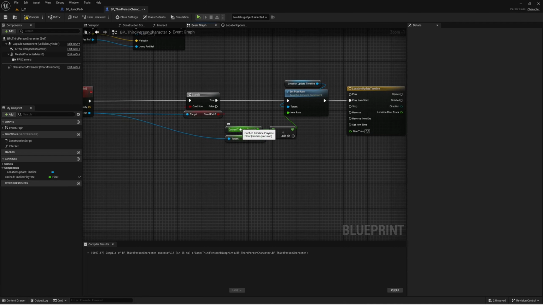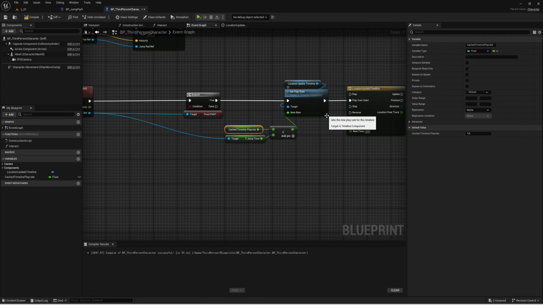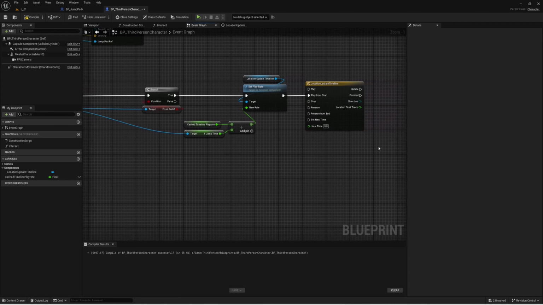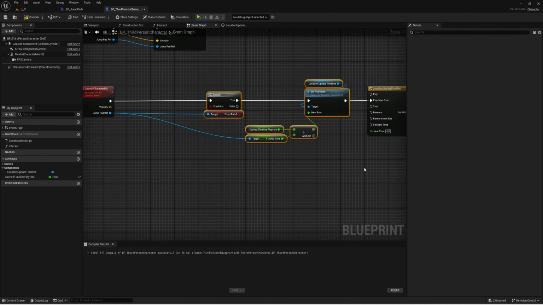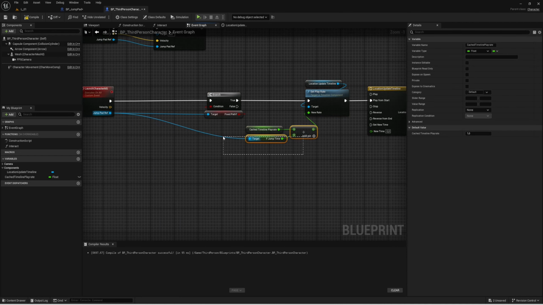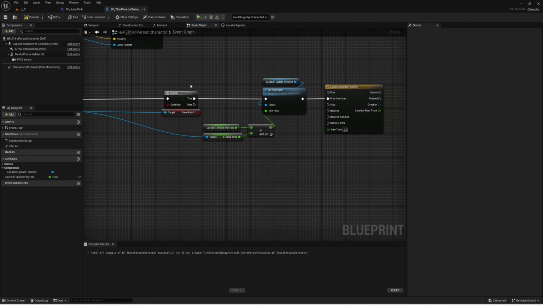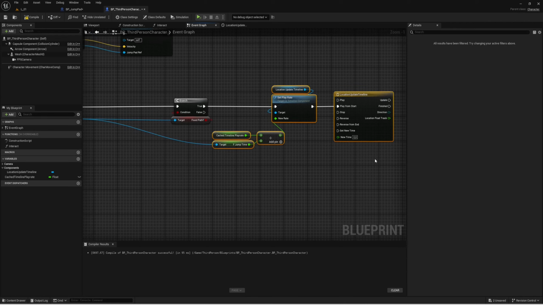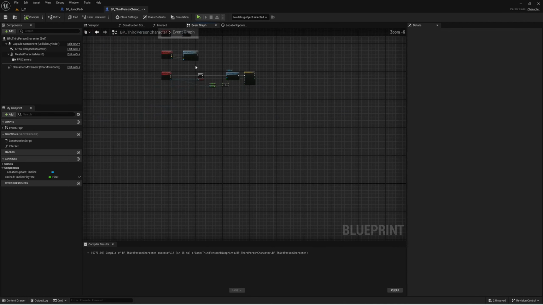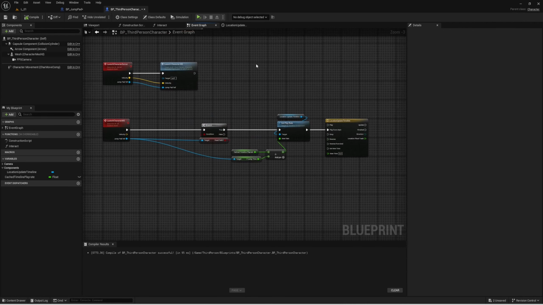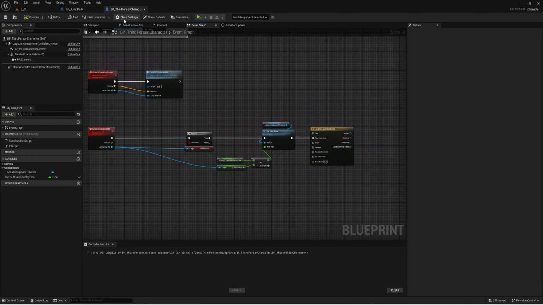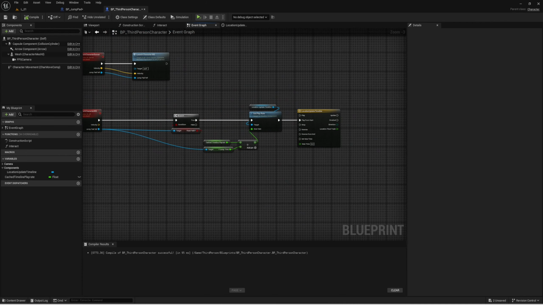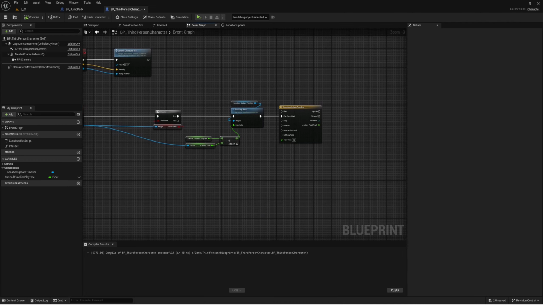So we're caching this to have a 1 as a constant, which is our timeline float track. So every time this goes through, it's going to do 1 divided by whatever jump time it is on the jump pad itself. You could probably have the timeline and everything happening in your jump pad, but no, actually I don't think you can, because you need to replicate this, right? And you need a player controller or something to do that. Anyway, so now we're setting the play rate,